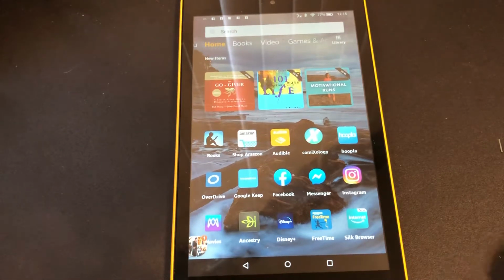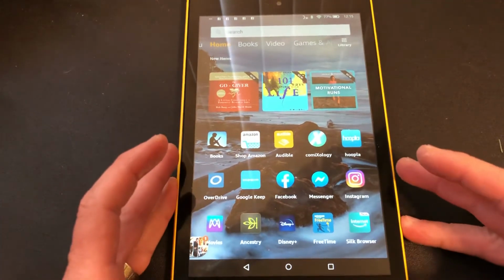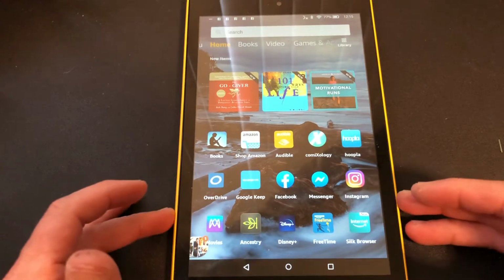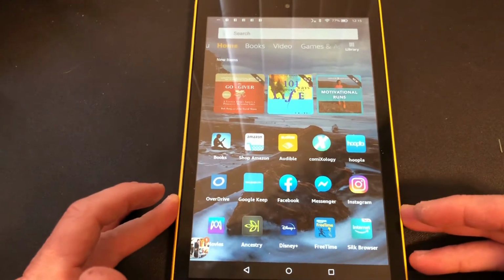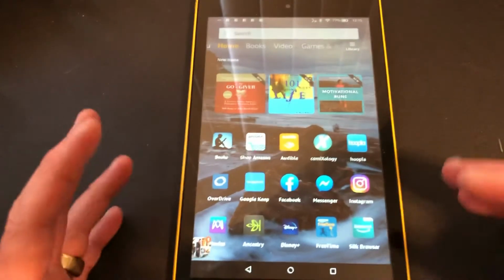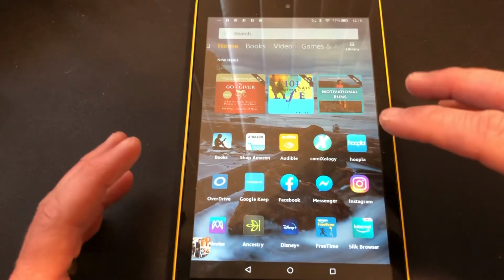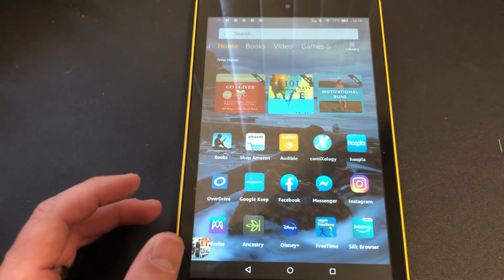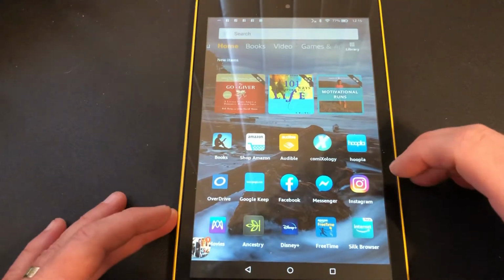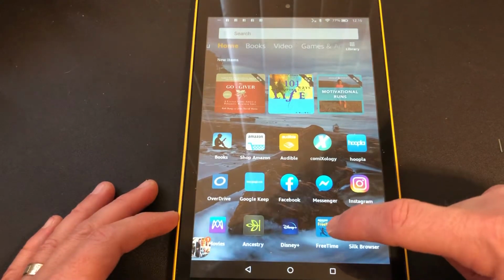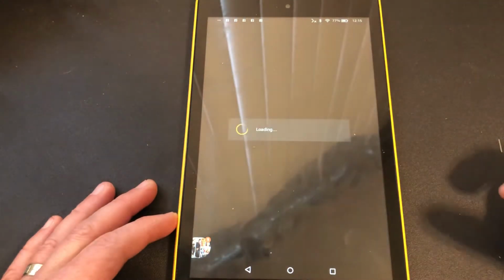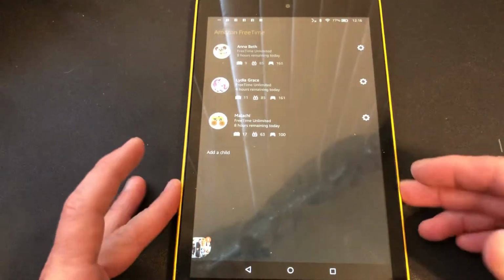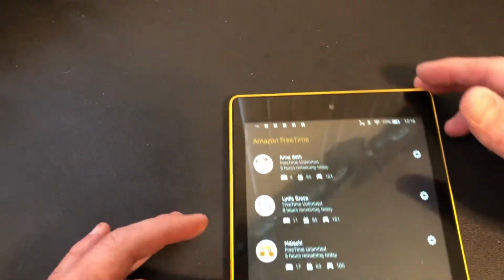Okay, so this last part, what we're going to do is now we're on a Kindle Fire tablet. You can do this on most devices. iOS devices, you won't be able to go as deep as this, but you can do it on a laptop. So if you've got a MacBook or something like that, you can do it on it. But go into Freetime and open it up, and now you're going to go into the child's user, and right